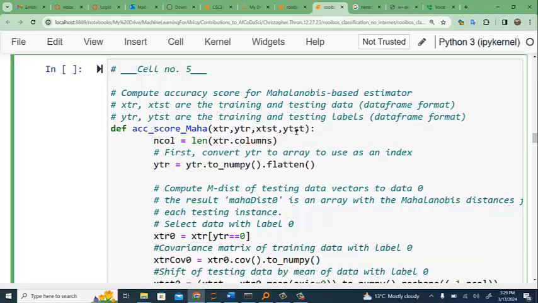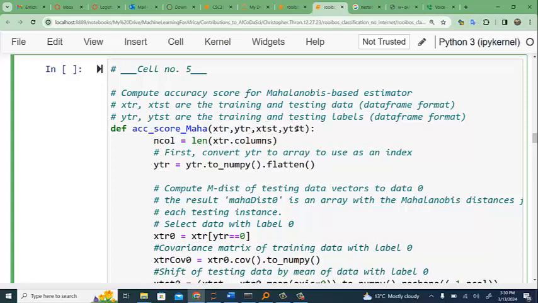All right? So the name of the function that's being defined is ACScore Maha. It takes 4 inputs. The training features, the training classification, YTR, the testing features,